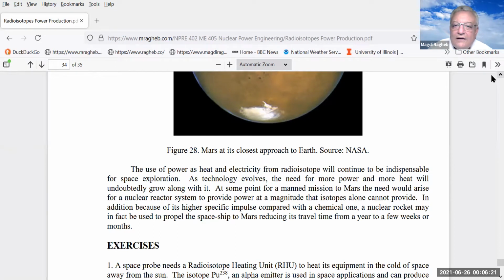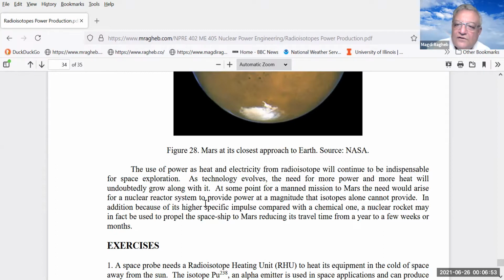So the dream of reaching Mars for humans, and their urge to explore, is a fascinating topic. In addition, because of higher specific impulse compared with the chemical one, a nuclear rocket may in fact be used to propel the spaceship to Mars, reducing its travel time from a year to a few weeks or months. So it's not just that we need the radioisotopes for power for the first mission to Mars, but we also need the